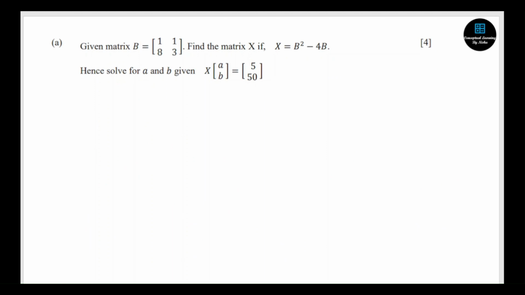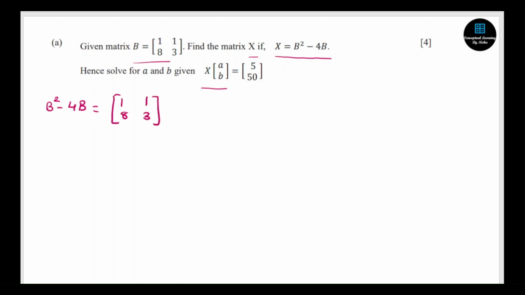Alright. So here the matrix B is given and they are saying that X equals B square minus 4B. So we have to find the matrix X. Once we find the matrix X, we have to multiply it by this matrix AB, and then we have to find the unknowns A and B. Alright, let's do it step by step. So first of all, what do we need to find? B square minus 4B. So I'll write this. B square minus 4B equals